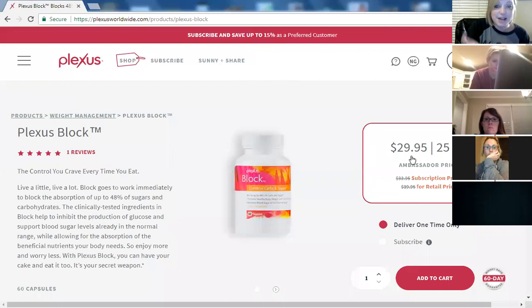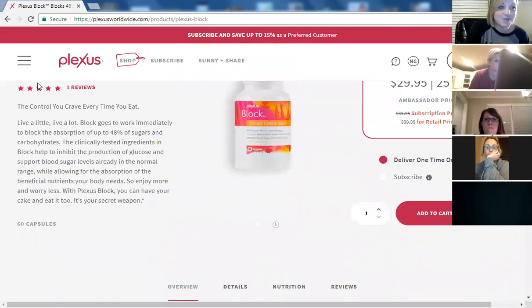So you, as a wholesale ambassador, sometimes we forget the blessing it is of how much money we're actually saving on each product. So you'll see the difference in pricing. You'll also see that it has the description, it has customer reviews, which I think is fabulous. It tells how many capsules are in there. And if you scroll down,